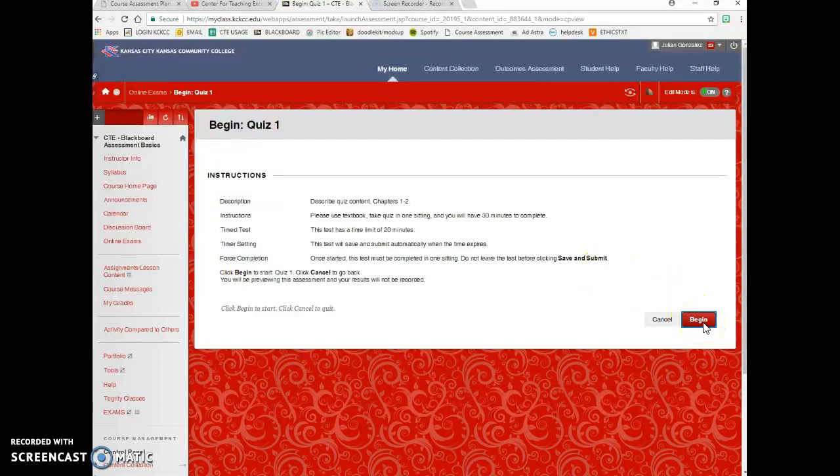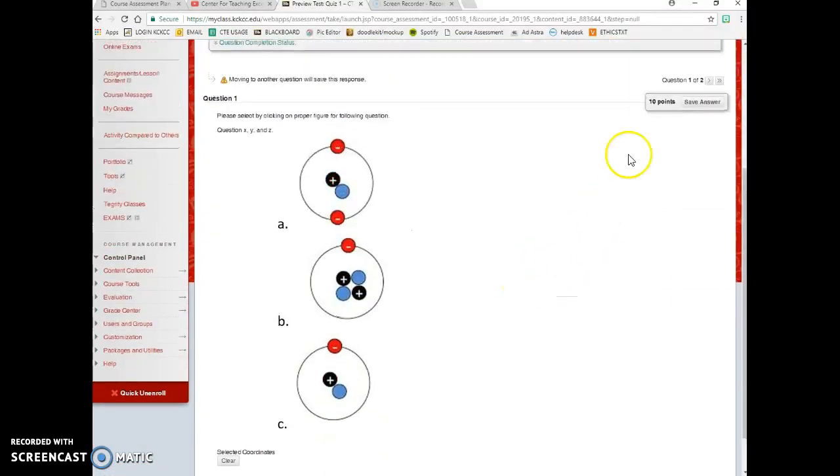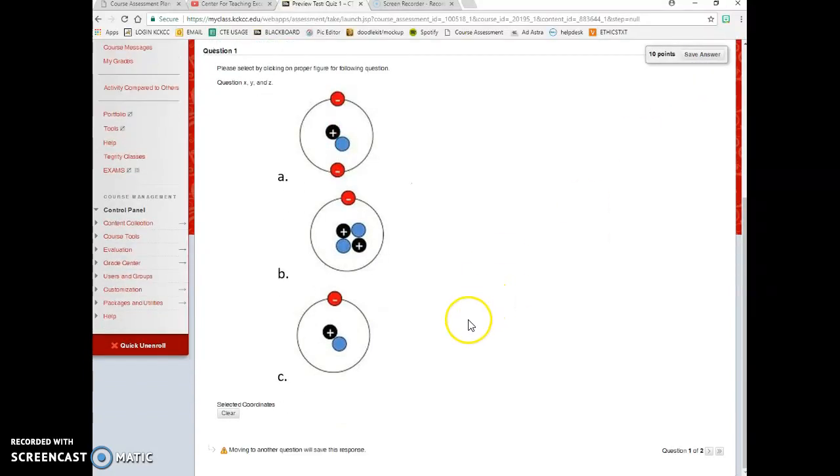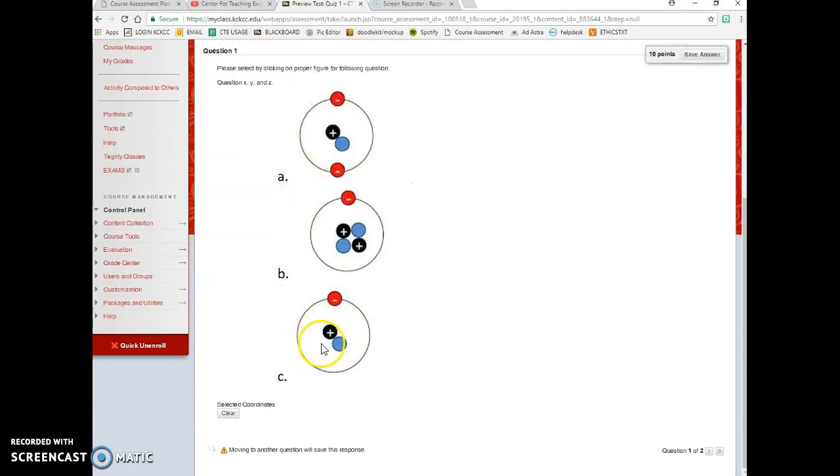The student will click begin, and then they'll have their questions. And we can, as instructors, change the points for the particular question. So please select by clicking the proper figure for the following question X, Y, and Z. And I know that the right answer is C, so I'll click on that area. And then these are the X and Y axes selected for the points. I'll click forward if I'm the student. Remember, I'm the student at this point. If that's not the answer I want, let's say the student